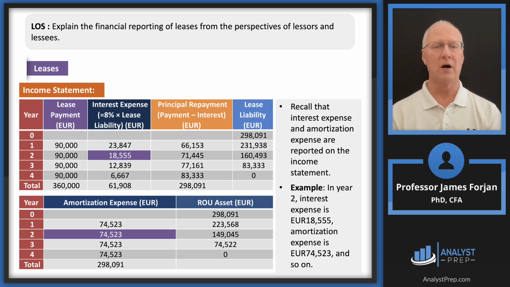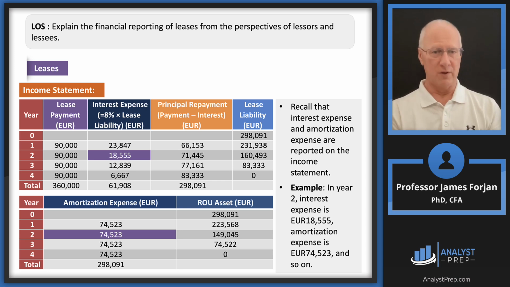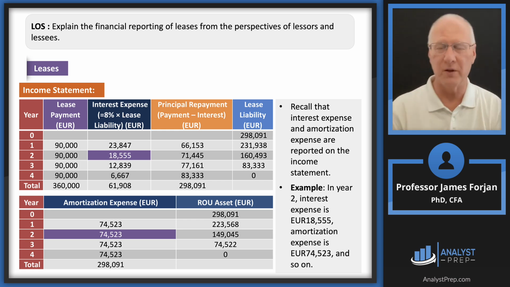So the question then becomes, how do we get each of those numbers? So we're paying $90,000. So this is just like that amort function on your calculator. Some of it is going to be interest and some of it is going to be principal. So what we're going to do is, you guys have your calculators out. You want to do this, or are you just going to trust me on this?